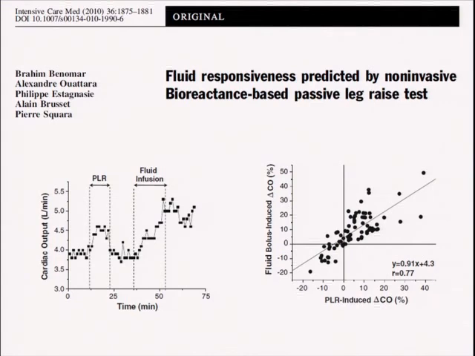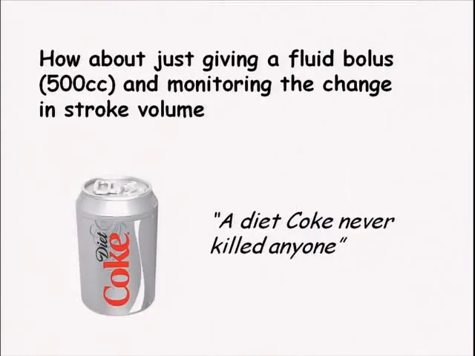This is a study which looked at the predictability of passive leg raising to predict volume responsiveness. So this is an example of a patient. Lift up the legs, cardiac output increases. Patient gets fluid, cardiac output increases. And the correlation between the increase in cardiac output with passive leg raising as well as fluid was very closely allied. So the question is, why don't you just give patients a 500 cc bolus and see what happens